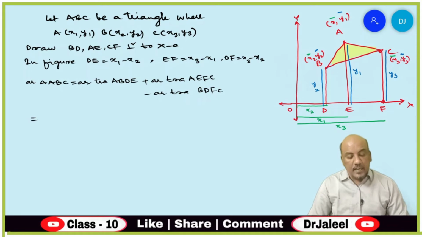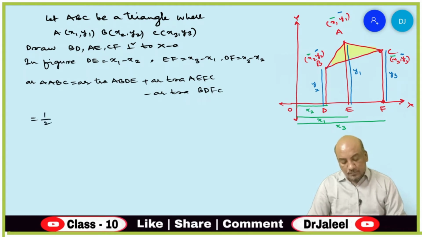Now let's use the same here. First one, area of trapezium ABDE. Let us look at it. What are the parallel lines here? BD and AE. And what is the height? That is DE. Parallel lines are BD and AE and height is DE. So let us write that. Half into the sum of the parallel sides, that is BD plus AE, into what is the height, children? Here height is DE. I hope you are understanding.